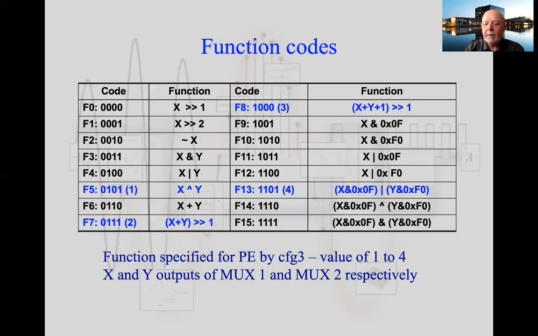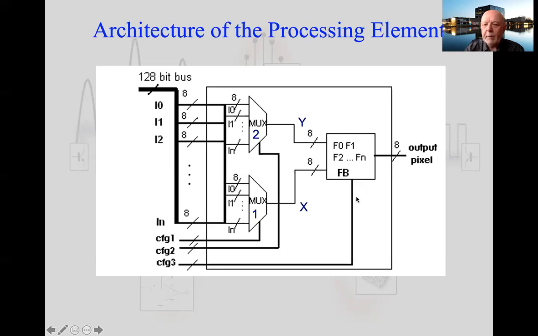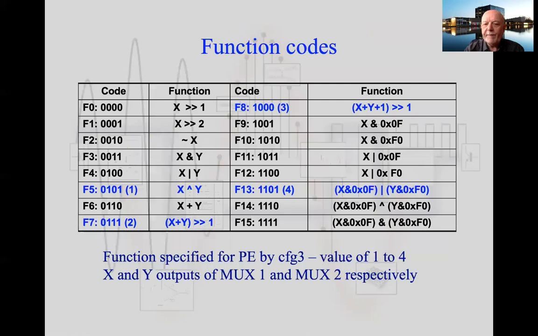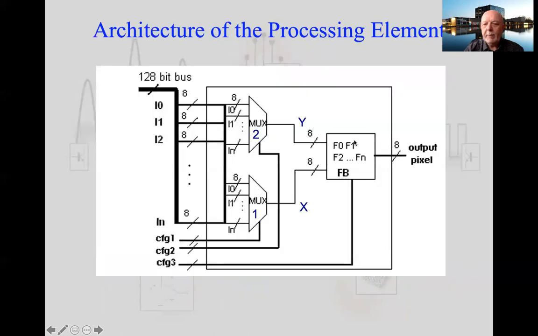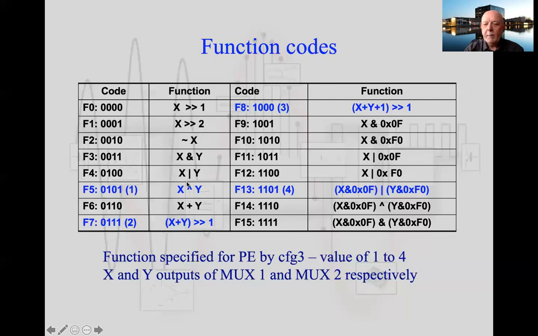Okay, so if we look at the functional code, remember inside here we've got a functional block. So what functions have we got to play with? Well, because it was specific to doing image filtering, we looked at a number of functions. And remember, we've got two inputs, an X and a Y input into this block. So what arithmetic functions, logic functions, sorry, could we do within the functional block? We looked at 16 possible ones,